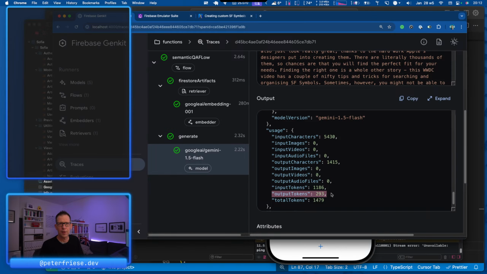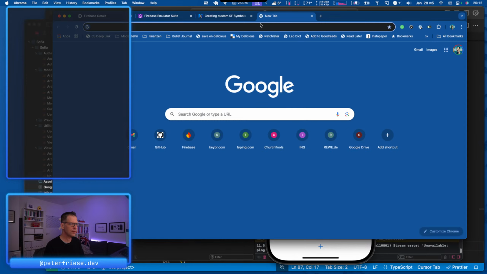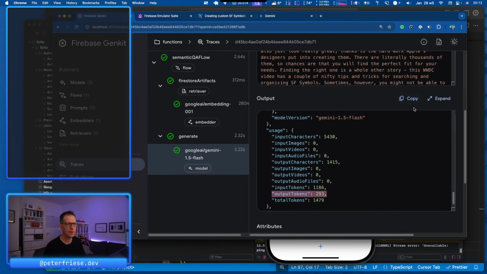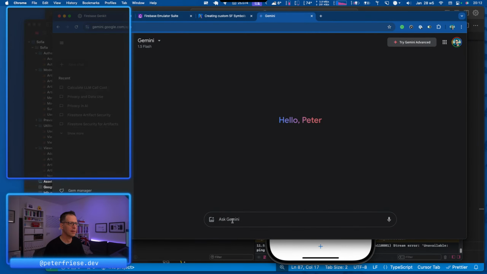So because somebody asked, what about the cost of doing something like this? Why don't we try to find out how expensive this call was? Right? And we're going to do this using Gemini. So let's go to Gemini, and then I'm going to copy this response here, and then let's ask Gemini. I am working on an app that makes calls to an LLM, and I would, oops,